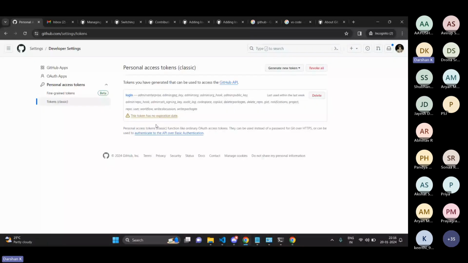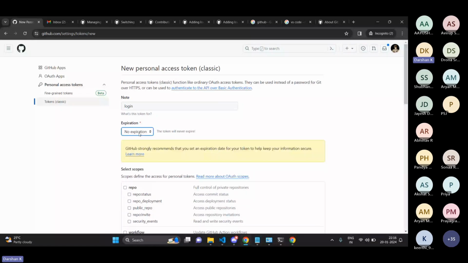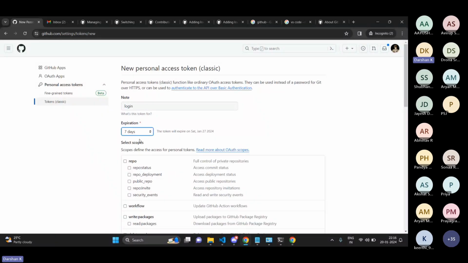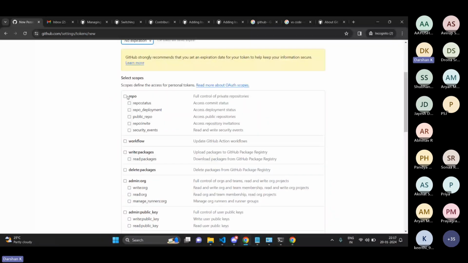So I'll go over generate a new token. Okay, so generate a new token classic. This token is for login purposes. Then give it no expiration. If I give expiration as 7 days, it means that after 7 days, if a person tries to use that password, it will not work. So I'll give it no expiration, and then I'll click everything so that I get complete access to the